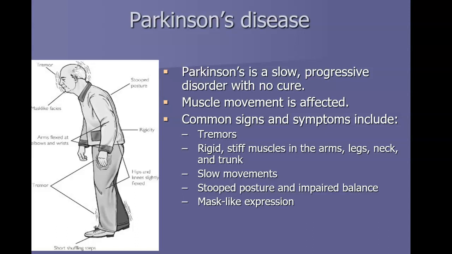They move really, really slow, and they have almost what we call a shuffling gait, where it looks like it's hard for them to pick up their feet. They start stooping forward, so they tend to lean and tip forward, and their balance is going to be really impacted. They're going to be a huge fall risk because they don't pick up their legs well. They have a shuffling gait. Their arms are really rigid. Their balance is thrown off. They're having these tremors, and it just really sets somebody up for a potential accident there.